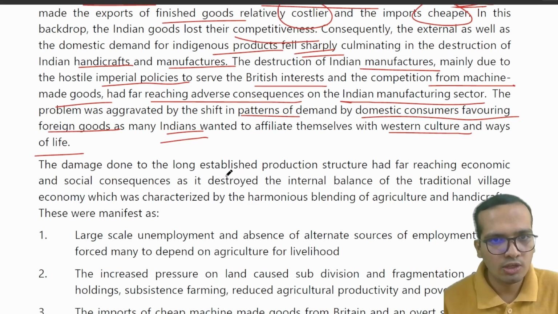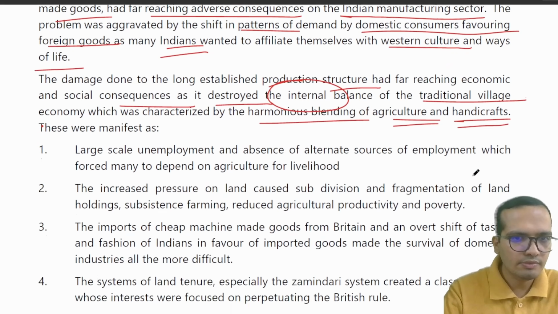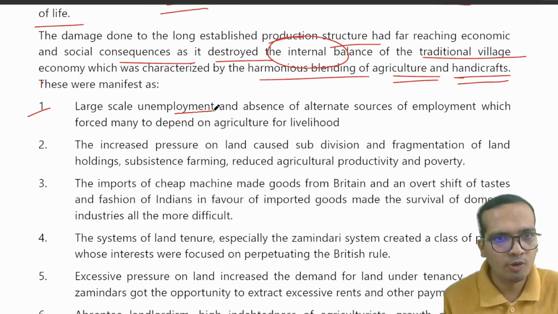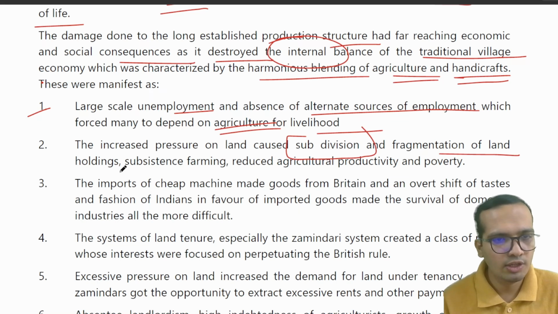The decline of the long established production structure had far reaching economic and social consequences, as it destroyed the internal balance of the traditional village economy, which was characterized by the harmonious blending of agriculture and handicrafts. These were manifest as, first, large scale unemployment and absence of alternate sources of employment, which forced many to depend on agriculture for livelihood. Second, the increased pressure on land caused subdivision and fragmentation of land holdings, subsistence farming, reduced